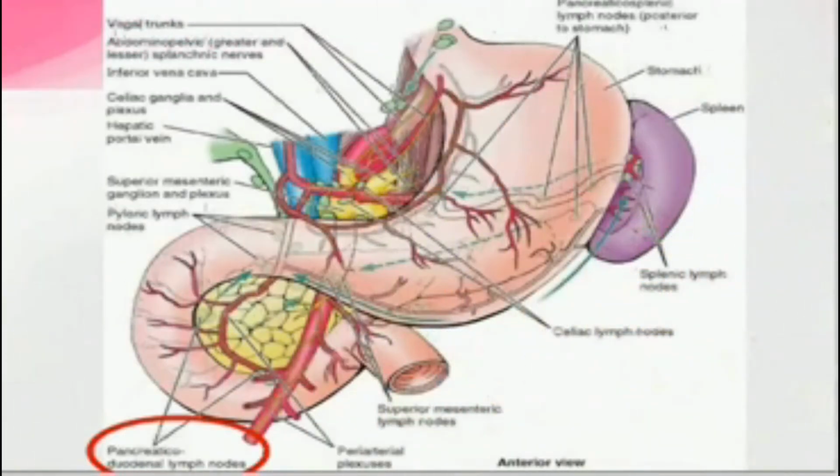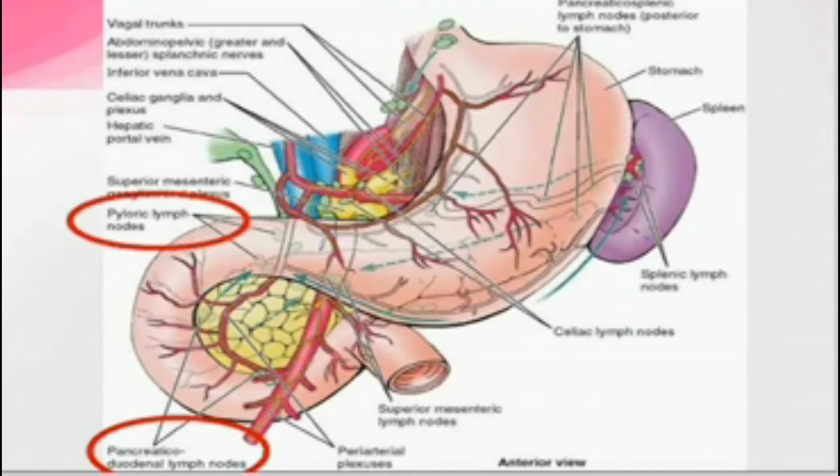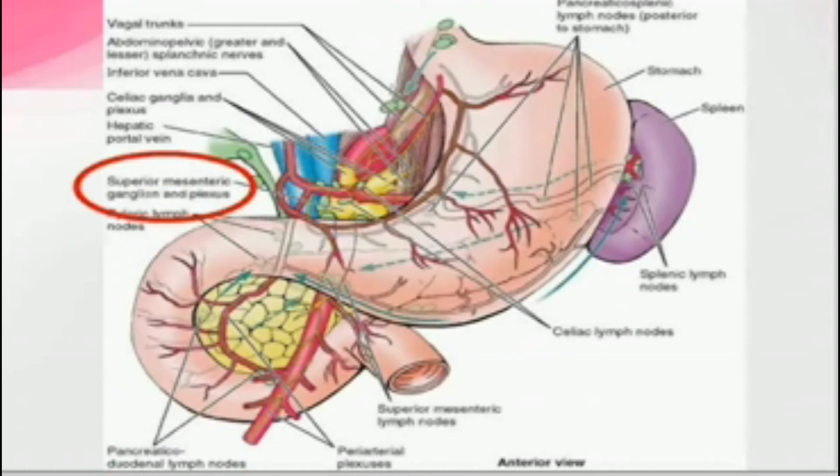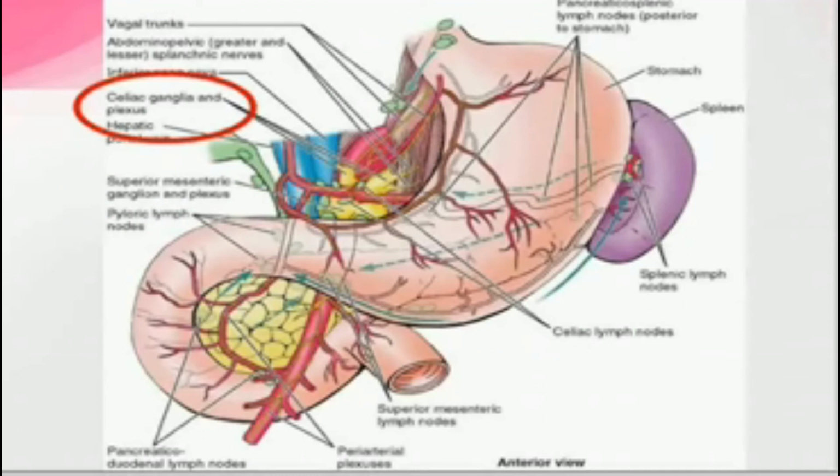The lymphatic vessels of the duodenum follow the arteries. The anterior lymphatic vessels drain into the pancreaticoduodenal lymph nodes and into the pyloric lymph nodes. The posterior lymphatic vessels pass posterior to the head of the pancreas and drain into the superior mesenteric lymph nodes. Efferent lymphatic vessels from the duodenal lymph nodes drain into the celiac lymph nodes. The nerves of the duodenum derive from the vagus and greater and lesser splanchnic nerves, by way of the celiac